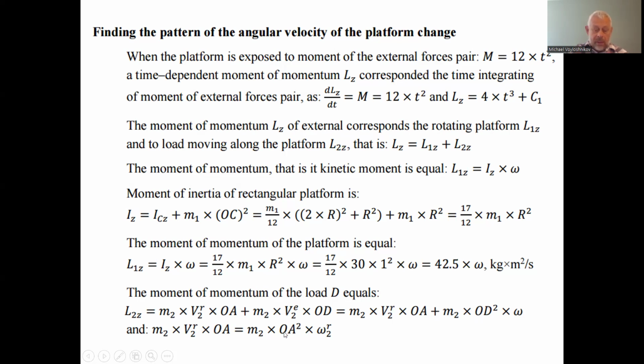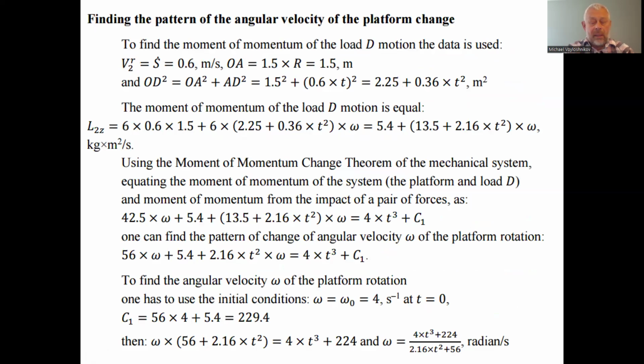And the first summand of the relative motion is equal as well to the squared OA. Okay, if we introduce the concept of the relative angular velocity, so we have two angular velocities of the rotation of the load in the transfer motion here: the angular velocity of the rotation of the platform, and the relative angular velocity relative to the platform. We can then substitute the translational velocity of relative motion, which we can find as the product of the radius by the relative angular velocity of the rotation, within the concept of the rotation of this load. Okay. Next, we can substitute all data we have into